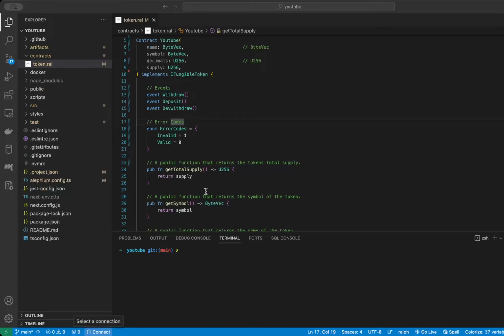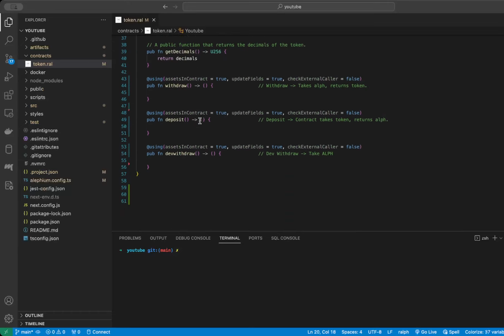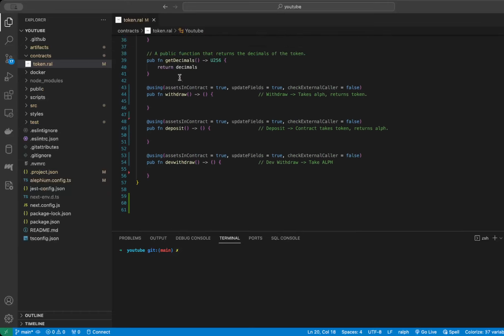Alright, so we finished events, we finished error codes. We're going to use all of these now in the contracts that we have down here. First thing we're going to do is make our withdraw. So we're going to think about this and what we want to happen. Are we using contracts in the asset? This is basically asking if we're using,